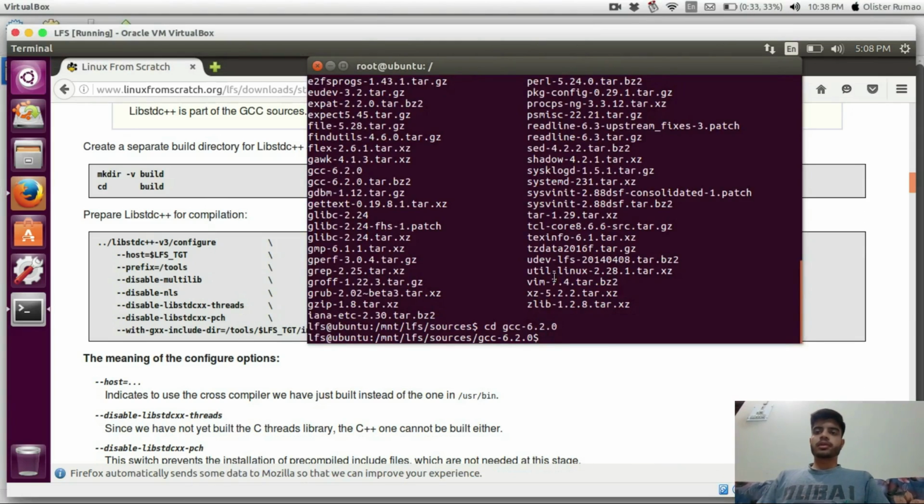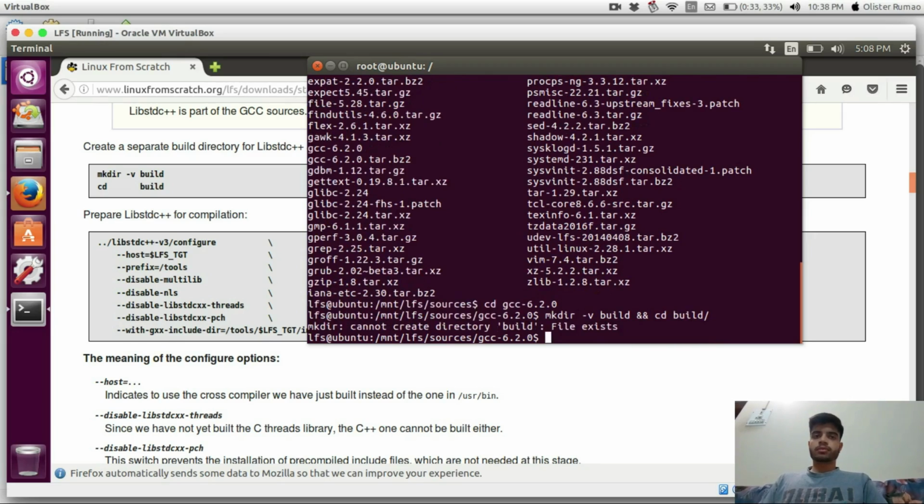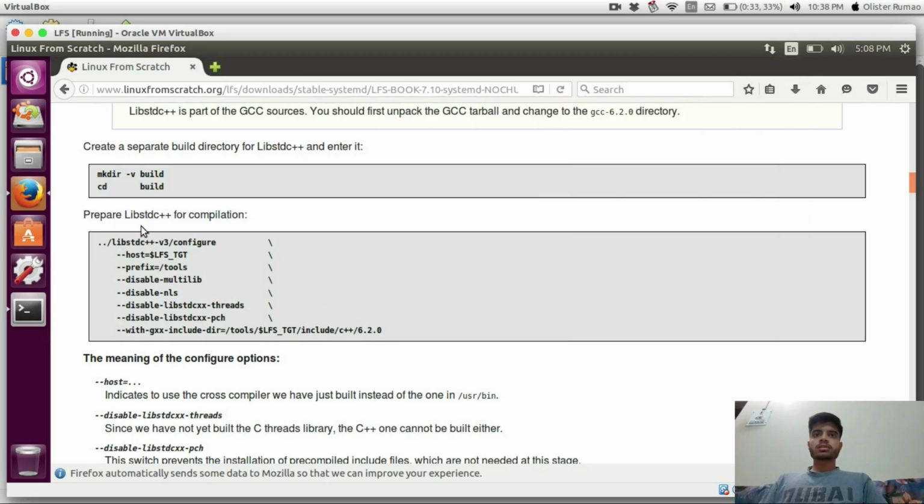I have to make a directory called build and get into that directory, cd build. Okay, create a separate build directory and enter into it. Now